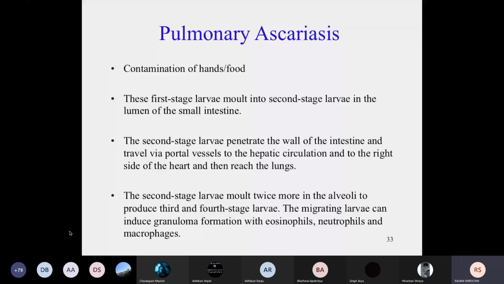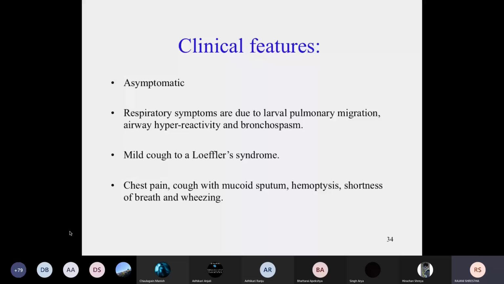And when they are inside the intestine, there are all the GI symptoms. And when it reaches the lung, if the host is immunocompetent, then sometimes it's asymptomatic. The patient does not have any clinical symptoms. But in the immunocompromised host, there are respiratory symptoms like pulmonary migration, airway hyperreactivity and spasm of bronchioles, which lead to a mild cough to Loeffler syndrome, which means the patient will complain of high-grade fever, mucoid cough, okay, chest pain,